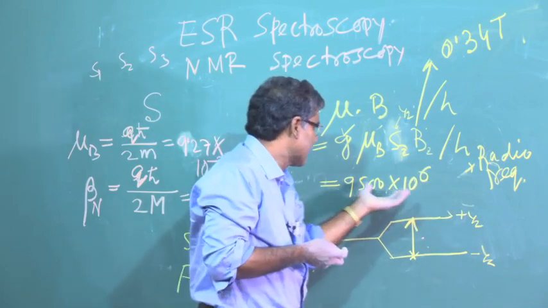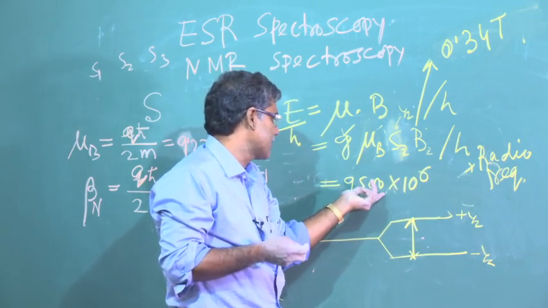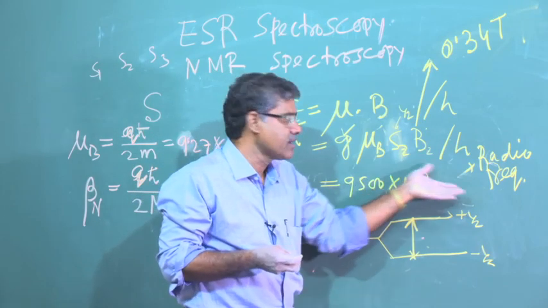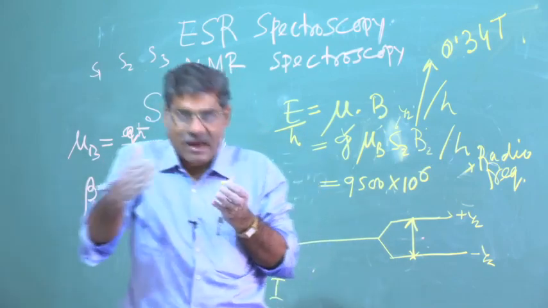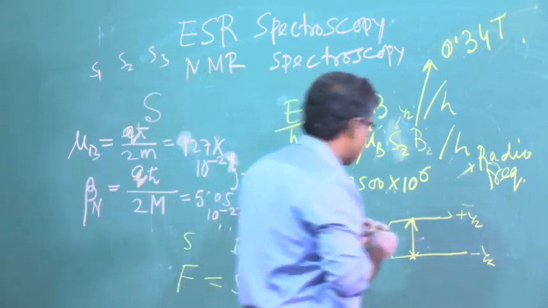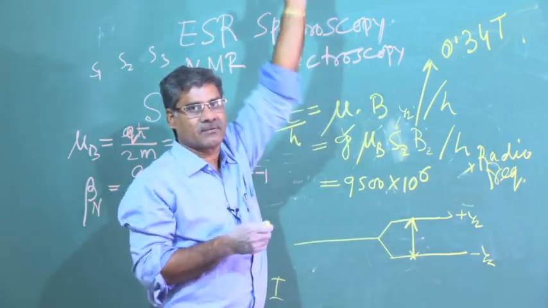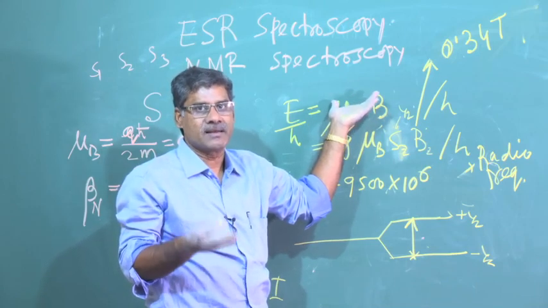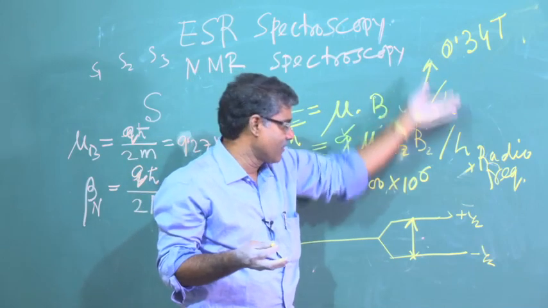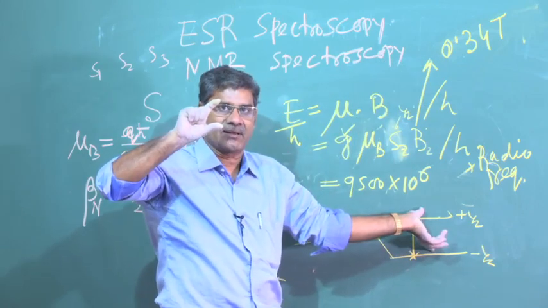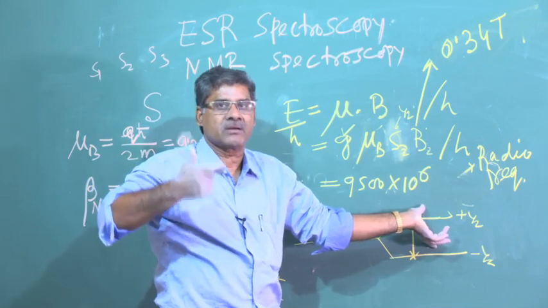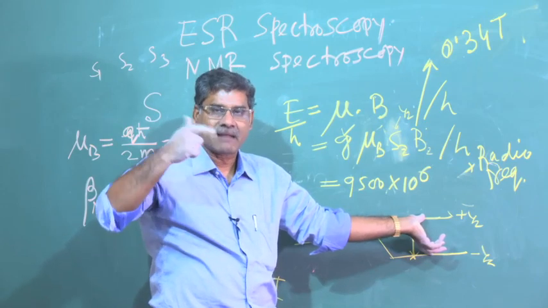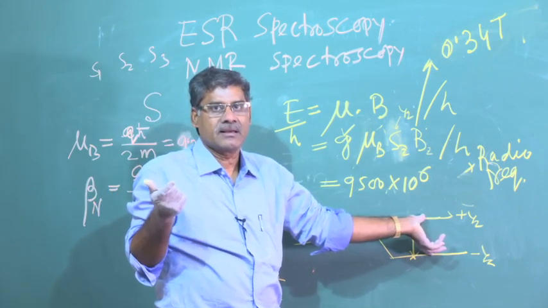Now you can see this, earlier it was 100, now it is 10,000. So, 1000 times more. So, it will be in the radio frequency, then microwave range. So, in case of electron spin, applying a magnetic field, I can split the energy levels. That splitting is purely because of electron spin, and this splitting, in terms of frequency, is in the range of